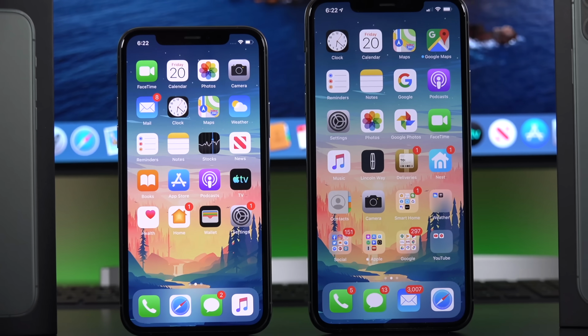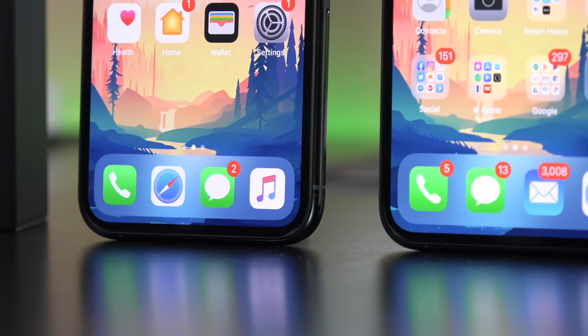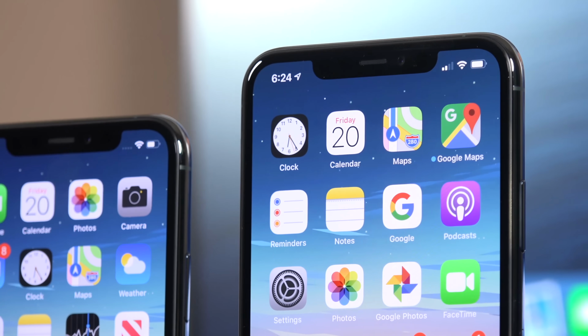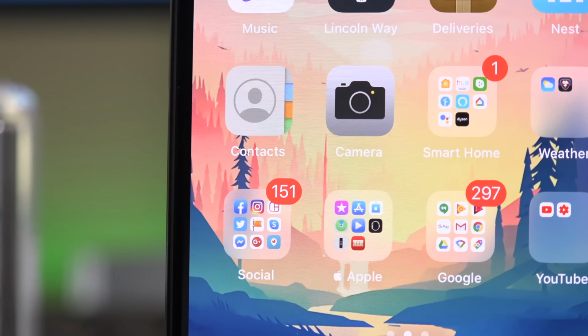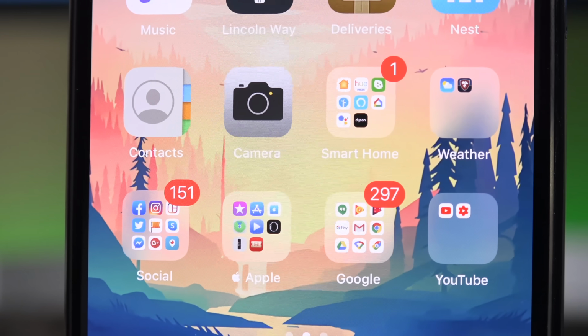These phones do pick up some new OLED displays, although at first glance they look like they're the same because they're the same size, 5.8 inches or 6.5 inches, with the same resolution and pixel density of 458 ppi. Now, these displays are 15% more energy efficient, but they're also brighter at the same time. So instead of 600 nits of maximum brightness, we can now achieve up to 800 nits of maximum brightness,